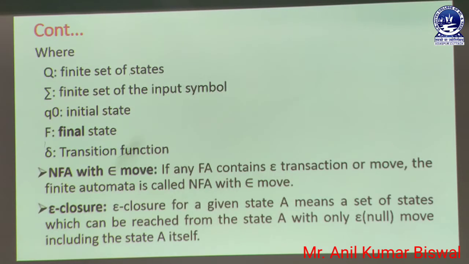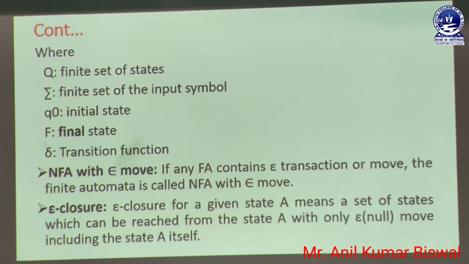In the next slide we are going to discuss the different terms used in this epsilon conversion part. Here Q is a finite set of states. Then sigma is a finite set of input symbols. Next, Q0 is the initial state. Then F is the final state. Last but not least, delta is the transition function. Transition function means whenever a user wants to create any type of transition, that is, conversion from a normal state to a next level state, that conversion must be recorded through this transition symbol. So this is one transition symbol which is specially used in our part.